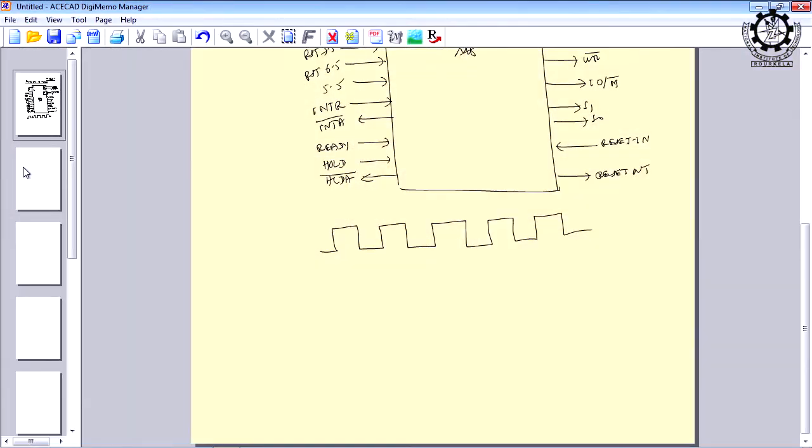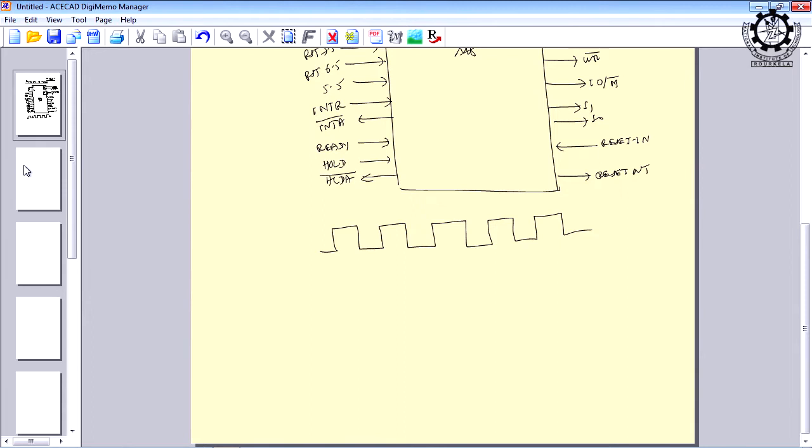Address signals and data signals, and in almost all the microprocessors, the data bus is multiplexed with the address bus. A few microprocessors have exclusive data lines and exclusive address lines, but in most of the Intel series of microprocessors, the multiplexing is necessary because we have to reduce the number of pins for the 8085 microprocessor. If you made exclusive lines, how many pins would be required? 24. Of course, multiplexing and demultiplexing are additional operations, but this is the trade-off.